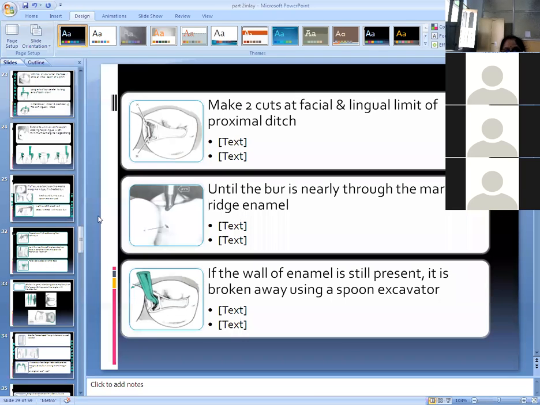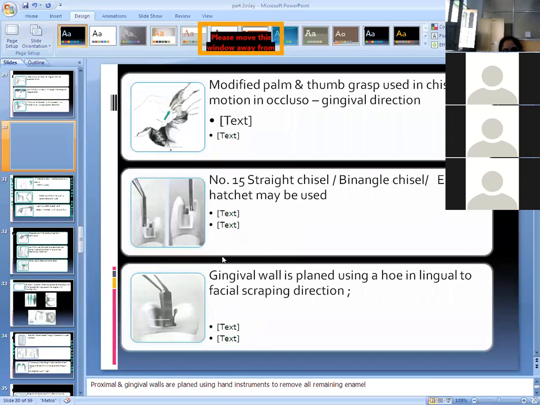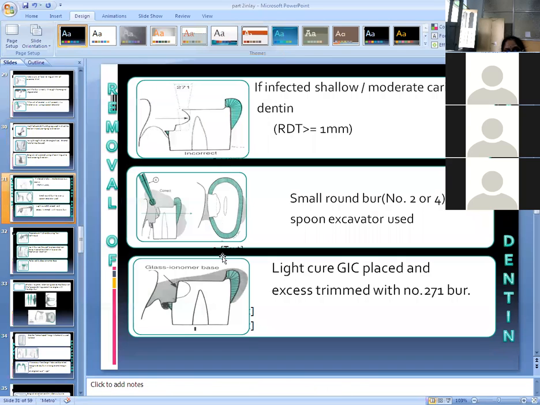So in this, you are making two ditches, one at the facial and one at the lingual, the proximal ditches, and then with the hand instrument you are breaking them, either with the spoon excavator or with the hatchet. Usually to use the gingival marginal trimmer or the chisel or hatchet, you have to use the modified palm grip, and the gingival wall should be plain with the scraping motion. You see, I was talking about the relative dentin thickness. At least it should be more